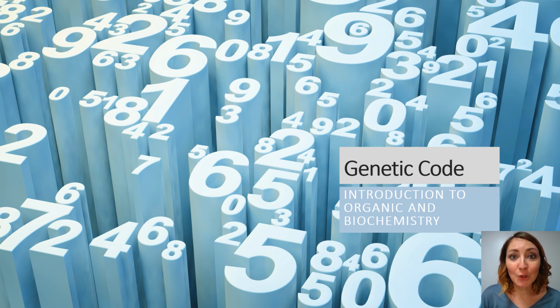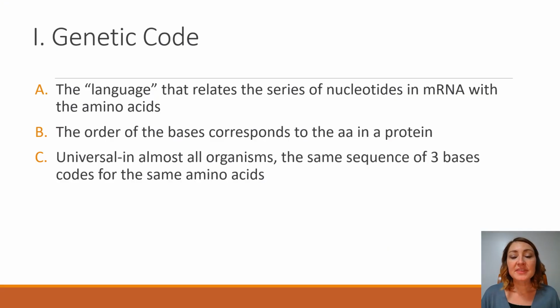So we've learned a lot about DNA and the structure of DNA and how DNA is used to make proteins and protein synthesis. And this is just kind of a recap of that bigger picture, how important the genetic code is to all living organisms. So you can think of DNA in the genetic code as being like a language, and it's a way to relate these nucleotides in mRNA and DNA to amino acids, to these protein products that do things to sustain life